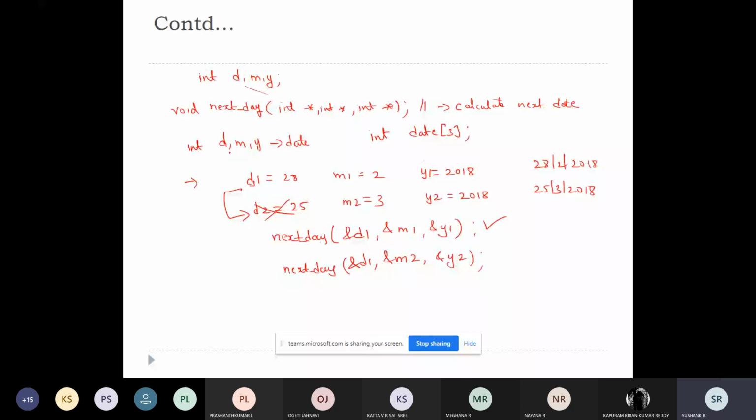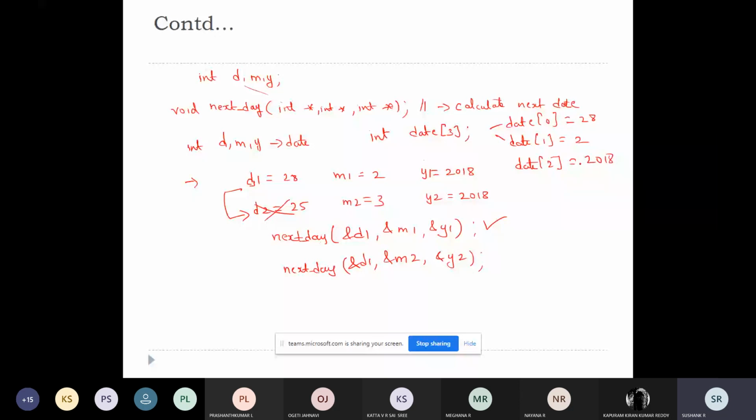Instead of representing these three variables d, m, y individually, you'll create an array of integers with the name date, where date of 0 will take the d value, which is 28 in our example, date of 1 will take the month value, which is 2, and date of 2 will take the year value, which is 2018.